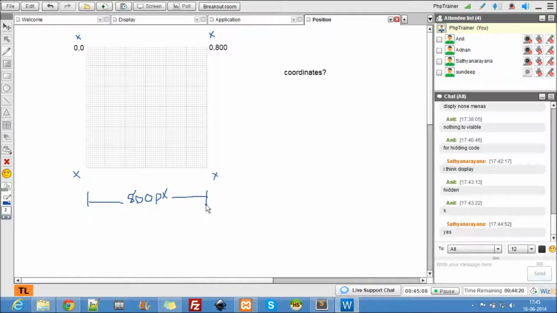Any questions here? Okay, I suppose no questions. The height here is 800 pixels, let's say. Now you guys have to tell me what is the coordinates of this.